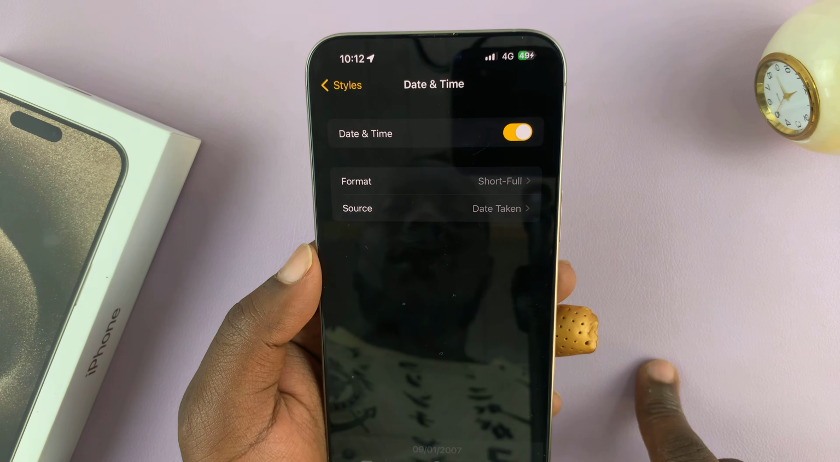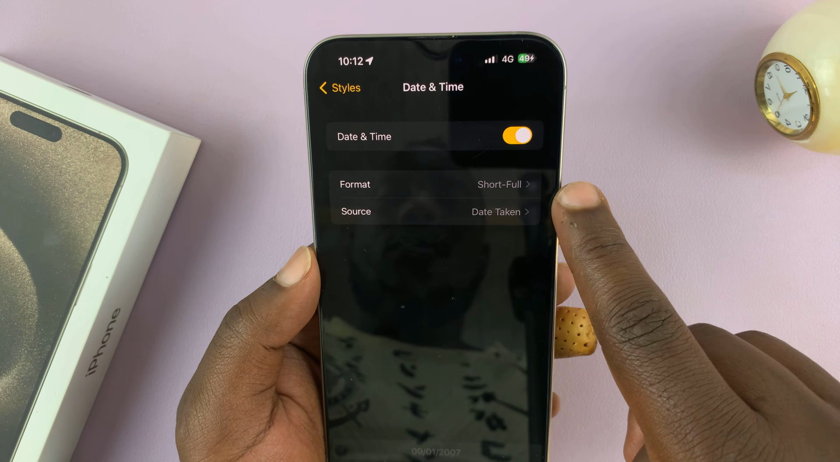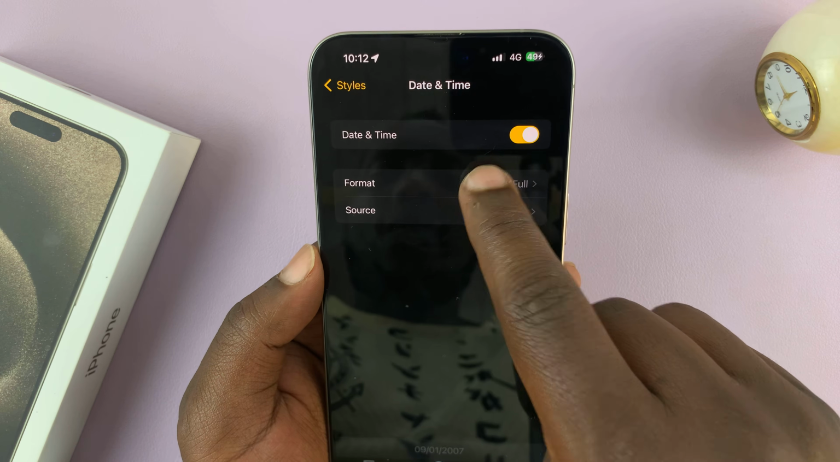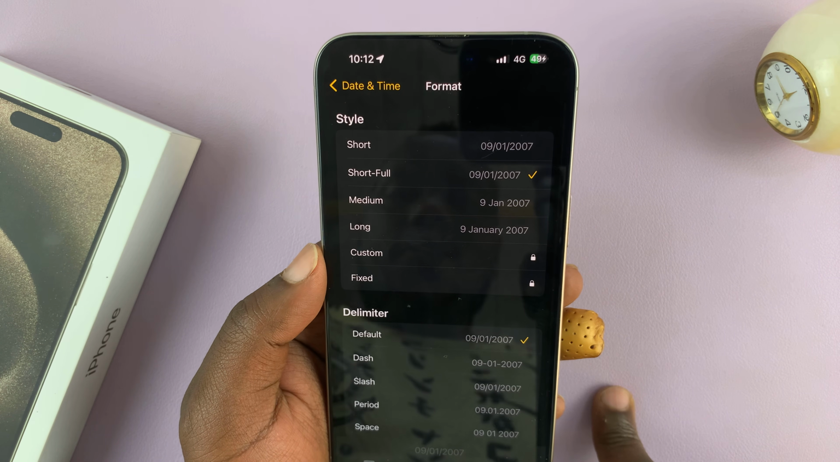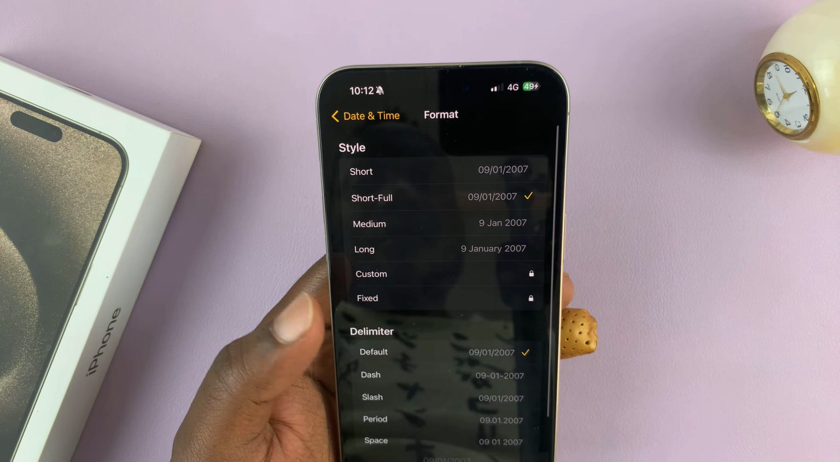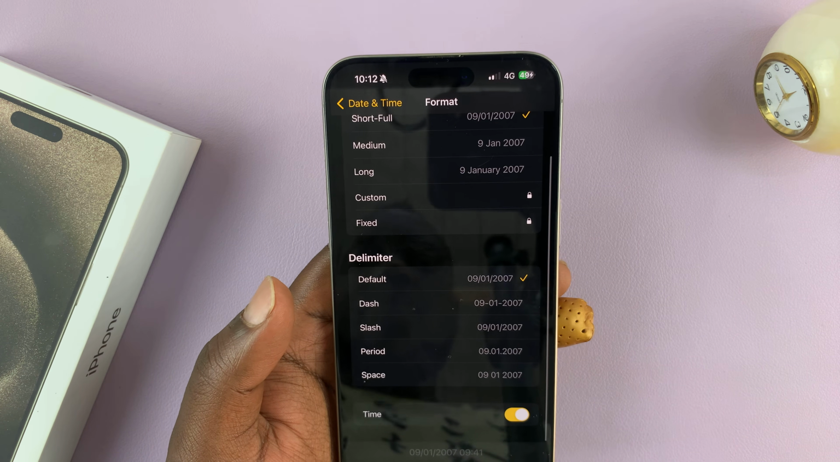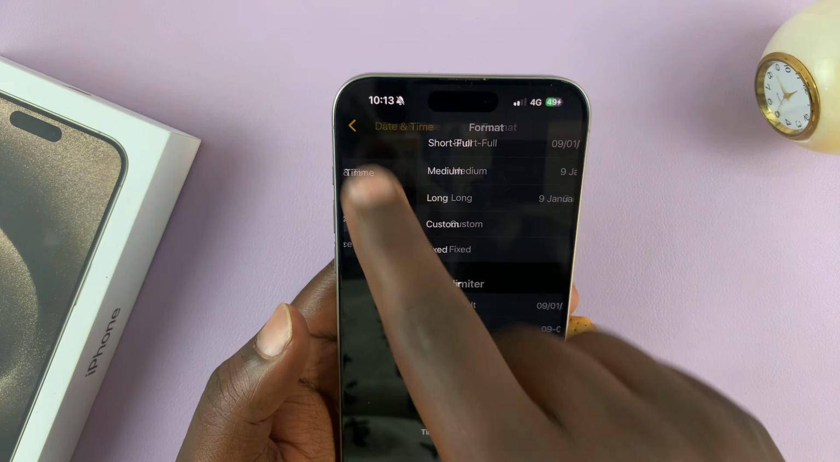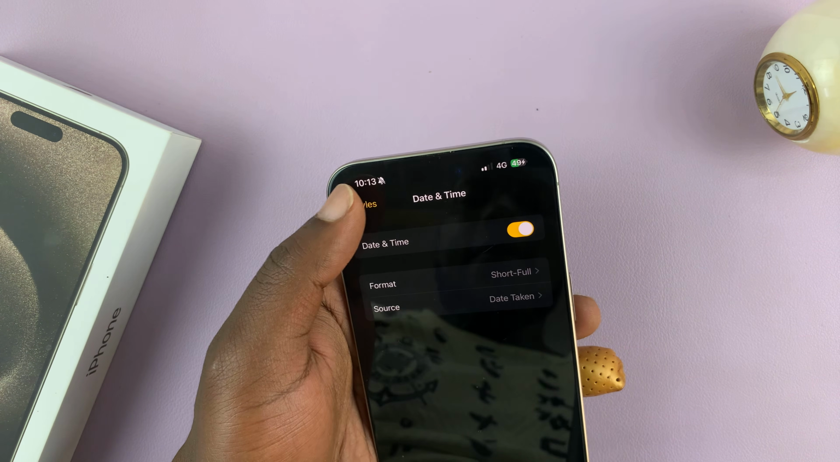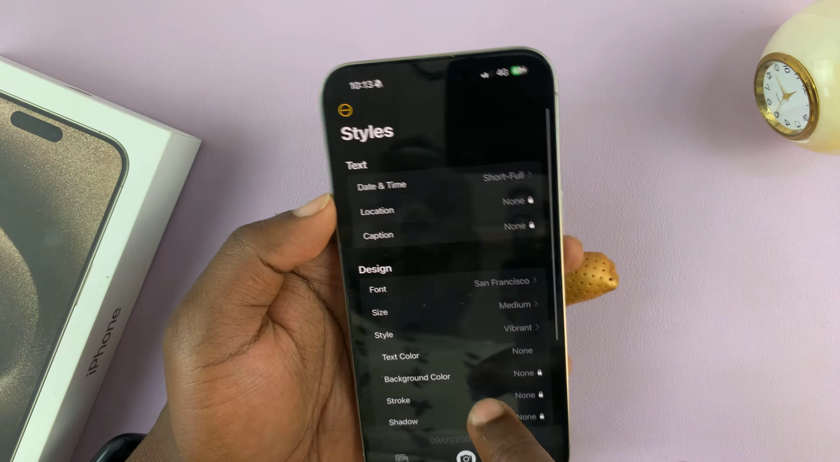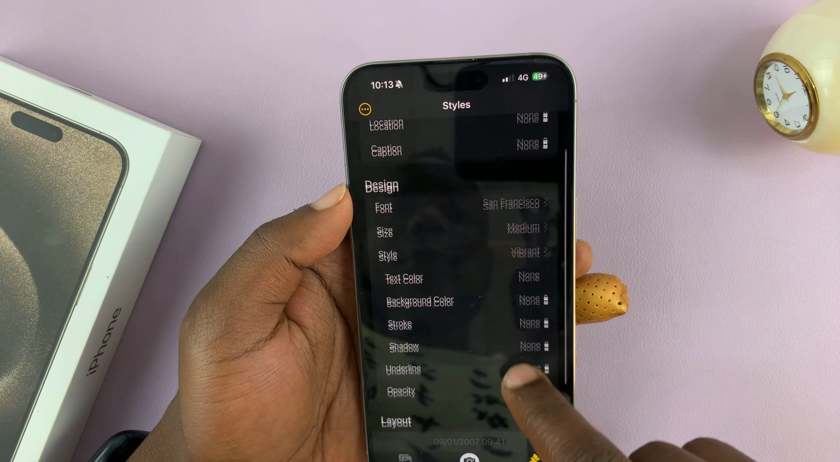You can choose date and time. Do you want it in full, or which format do you want? So let's look at format. You have all these formats you can choose from, and at the bottom you can add time as well. Okay, and then let's go back and back again, and then you have all these other things you can change,